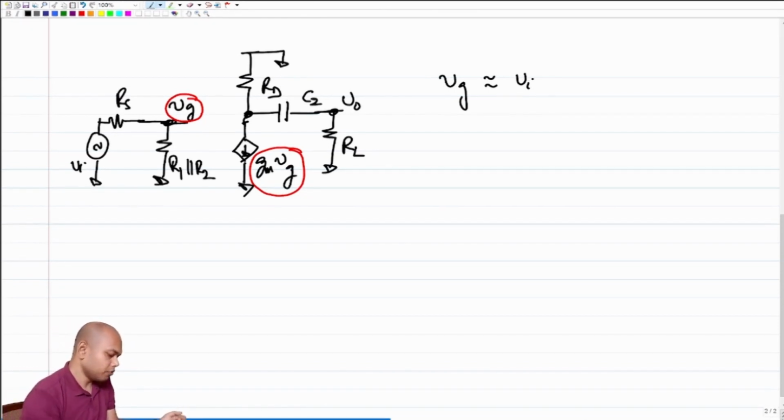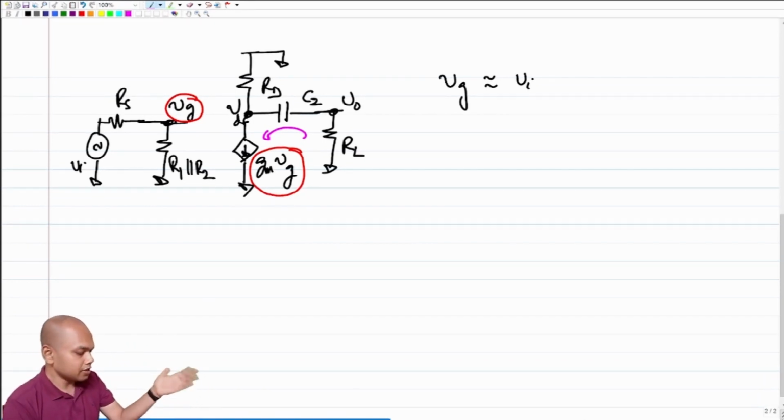Now the focus shifts completely to the output side. This is the drain, this is the Vd. So what is the voltage across RL? Clearly part of this current GMVG flows into